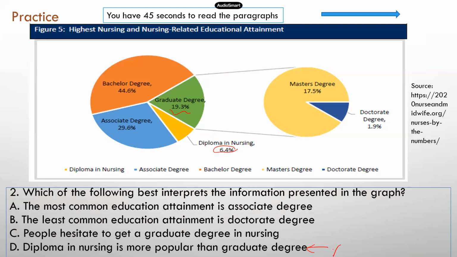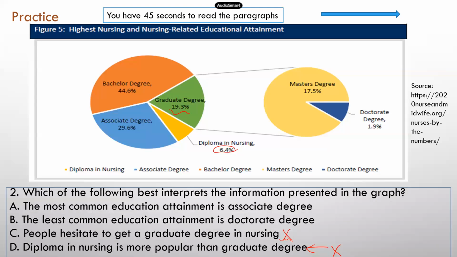So that's not correct. C, people hesitate to get a graduate degree in nursing. That's not something that we can deduce just by looking at this pie graph. So do not just assume things. There's no mention of whether people have a lot of thoughts about going to graduate school